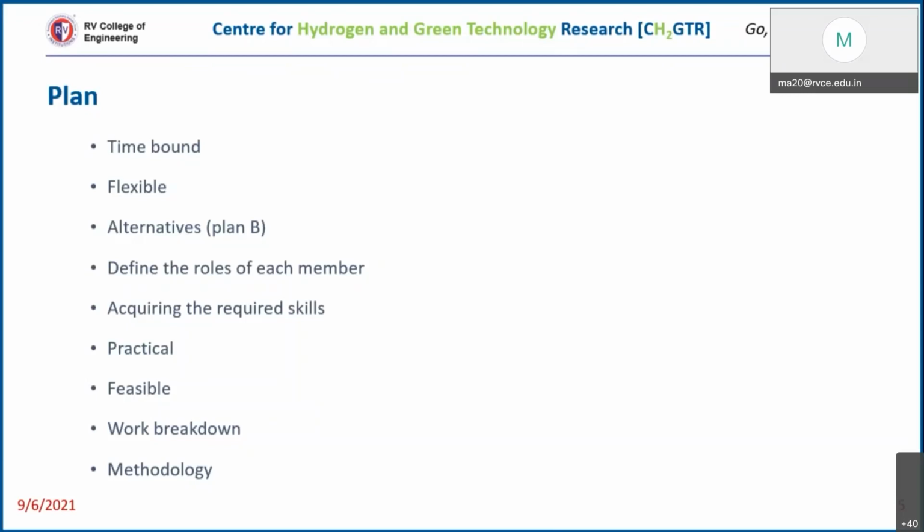And define the roles of each and every member. So when you are in a team, you cannot blame that person A did not do this task, it was his task, so I am doing my task. As a team, are you able to complete the work is more important. So sometimes you may end up doing the task of person A. At another time, you might be genuinely busy with some other work, or you are sick, and it is not possible for you to do it. So at that time, person A will do your work. So ultimately, it's the whole team that is responsible, right?